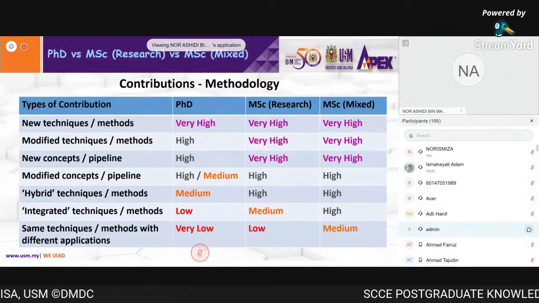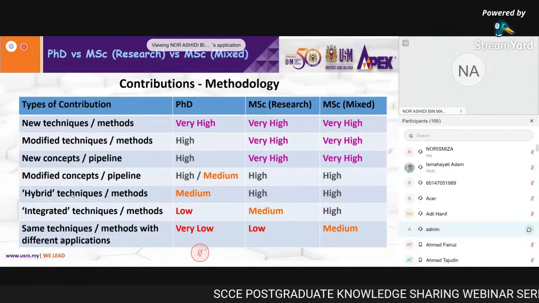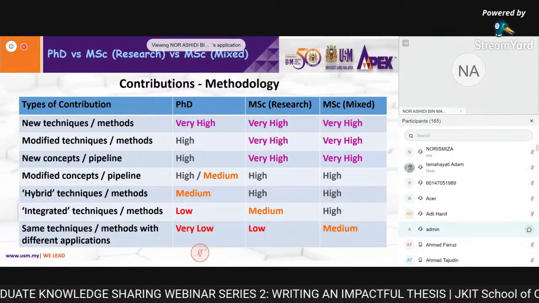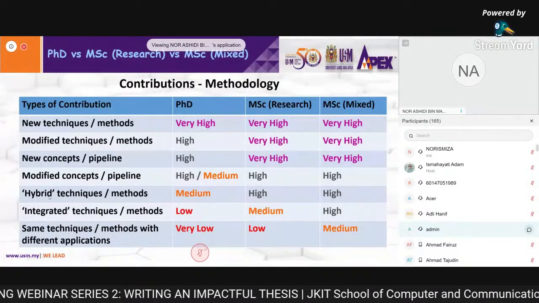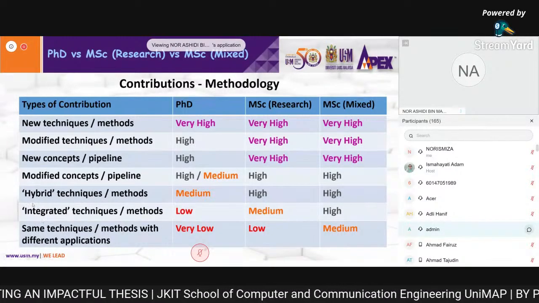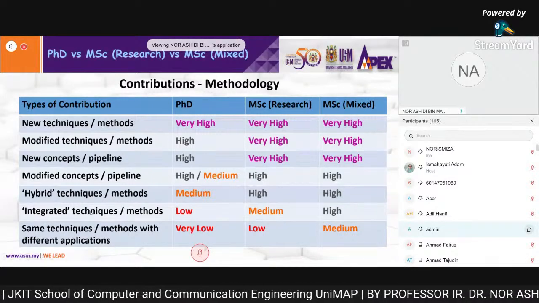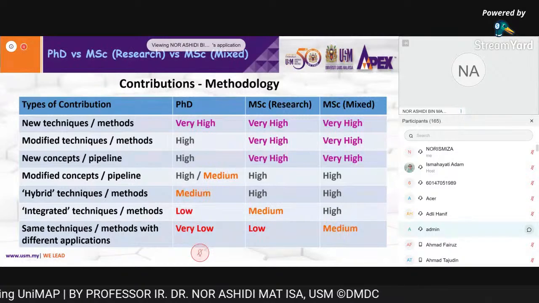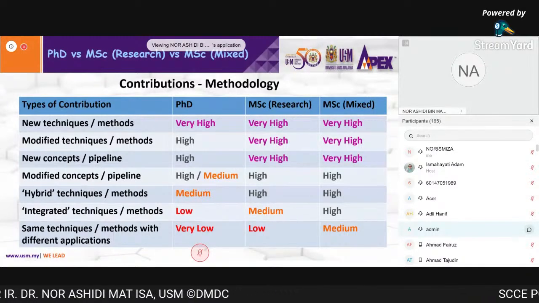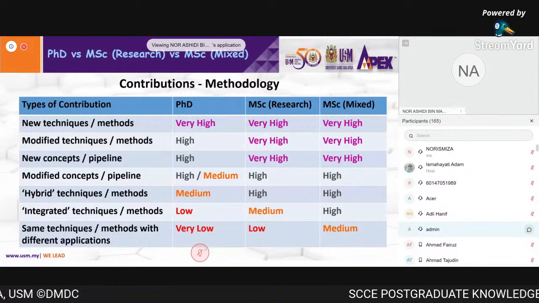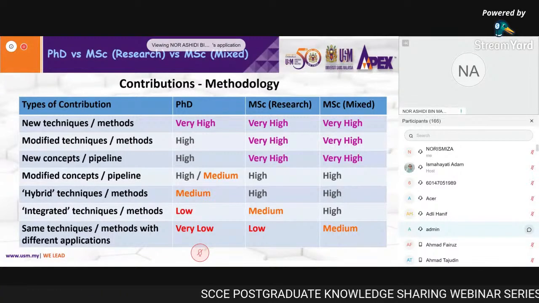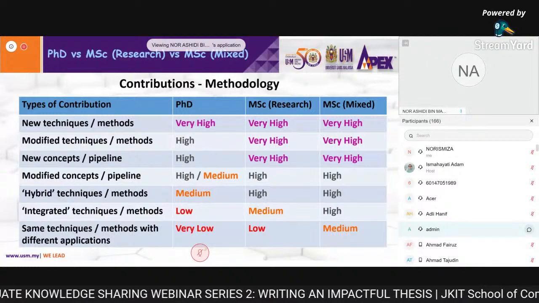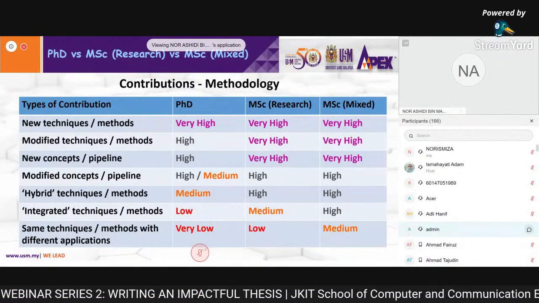But for the hybrid technique, maybe the parameters, or what we call the equation, have to be modified here and there, a little bit. So that is the difference between hybrid and integrated. Okay, so for the integrated, you just play with the change of the number of parameters. But the hybrid, you join together, but you need to do extra work. Maybe you need to modify the equation here and there and so on. So that's what we call the difference between the hybrid and integrated.